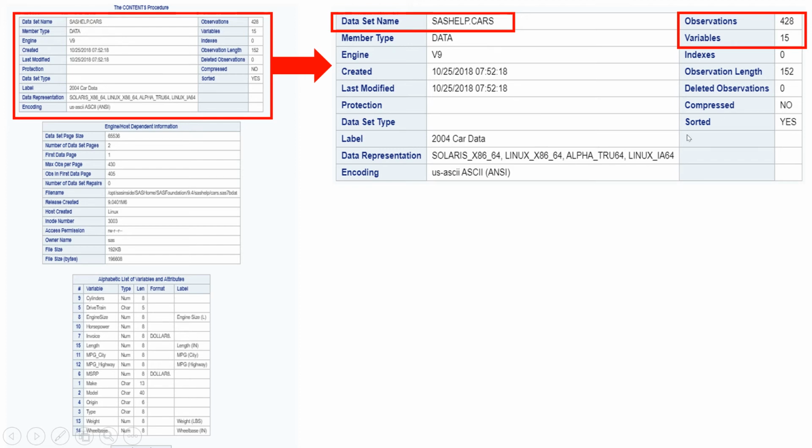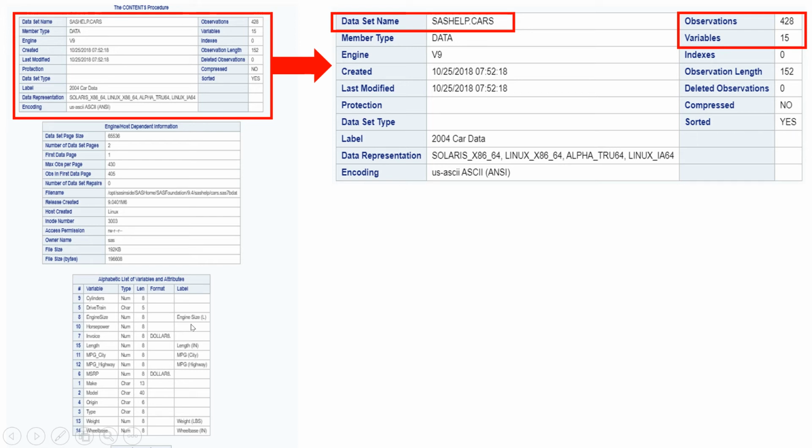All right, so this section of this report contains these two very important and significant pieces of information. The rest of the information is also important, but it is not in the scope of this video. I might explain that information in some other videos. Here you can also see it says the data is sorted. If it is not sorted, then it would produce no.